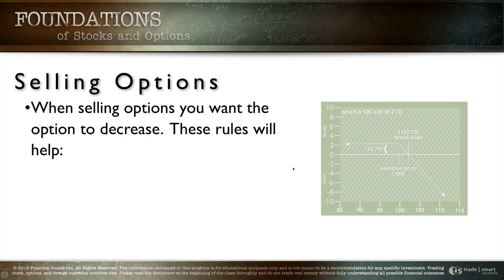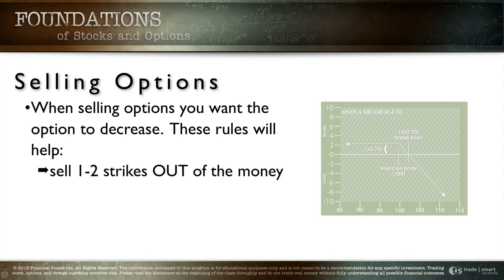When selling options, you want the option premium to decrease. These rules will help. Start out of the money. Don't buy intrinsic value. If you start out of the money, your odds of ending out of the money are much higher. So start out of the money. Sell 1 or 2 strike prices out of the money. Sell closer